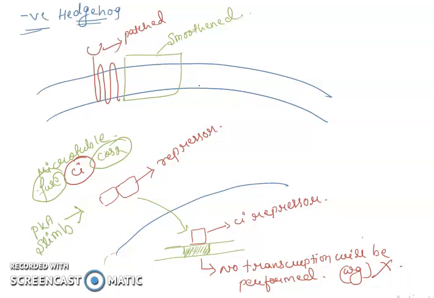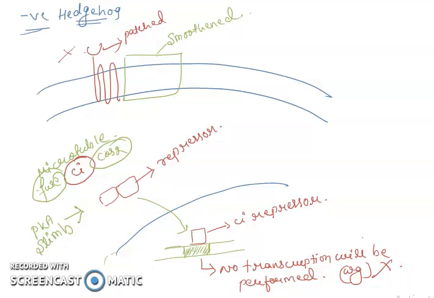In the absence of Hedgehog, here there is a Patched receptor and Smoothened is present here, but this Patched will not be activated. No activation. So as Patched is not activating, it will not activate Smoothened. In the cytoplasm, the microtubule, Fused and Cos2 are bound to the Ci and not allowing it to work as a transcription factor. And PKA and Slimb, which were inhibiting the work of Ci, will now degrade or divide the Ci into two parts, of which one part will act as a repressor.